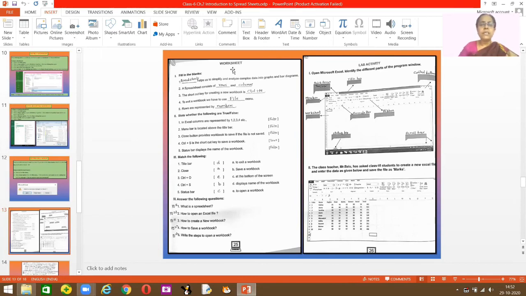Do all this only in the reader. The question answers should be written in your classwork books. Also stick the picture of your Excel worksheet. You can see it's there in your book on page number 26. Before you fill it into your reader, first take a screenshot or printout of this empty worksheet, then label this worksheet and stick it in your classwork book. This is nothing to do with your classwork.